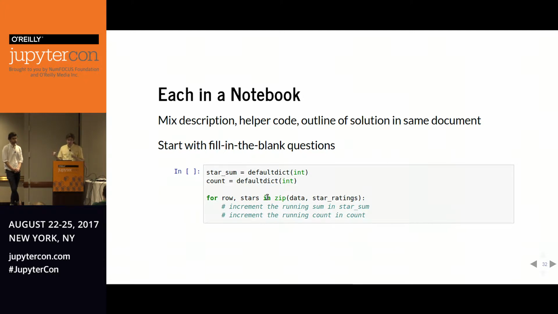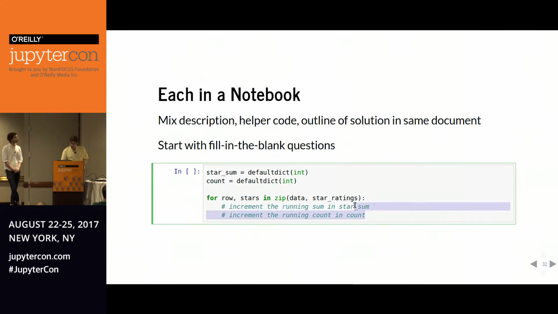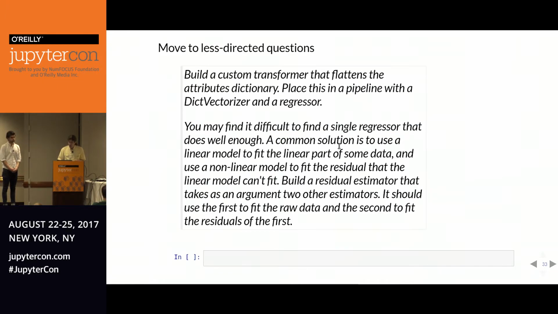And we'll start off with simple fill-in-the-blank type questions. So this is one we actually pulled from one of our notebooks. And literally, we're telling them, hey, you should write a line of code here that updates one dictionary. You should write another line of code below it that updates the next. And what we find, people who are unfamiliar with Python, who are just getting used to the language, really like this hand-holding in the beginning, because otherwise you give them a blank cell and it's a little bit of panic time. So we try to get them started out,